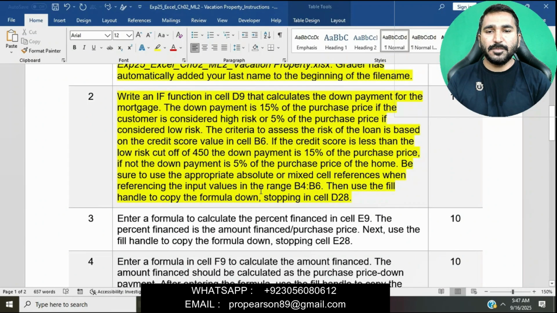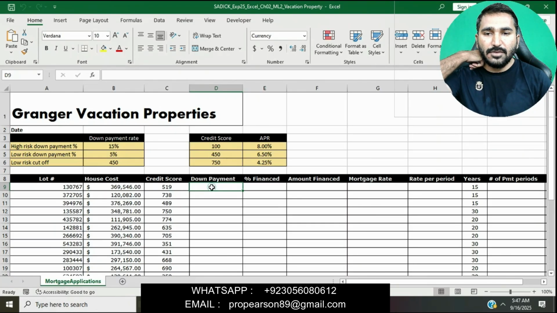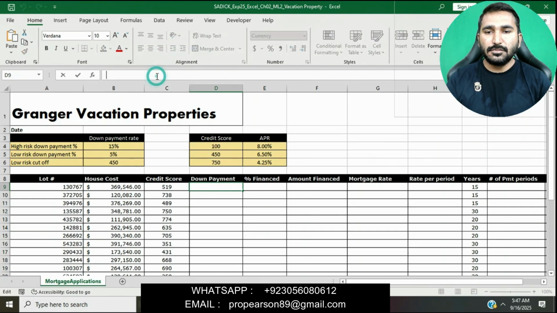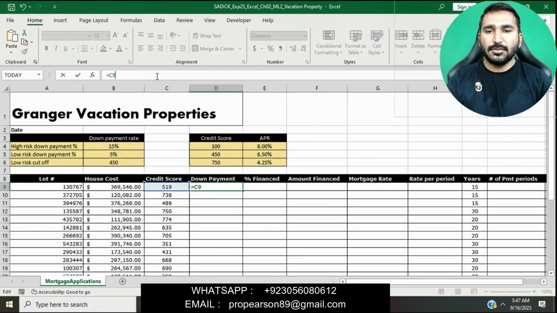You can see here, basically in this question we will go to cell D9, then we will enter an IF function. I have read this question, so I will enter the formula in cell D9. First I will enter the IF function, press equals in the formula bar, in cell D9.